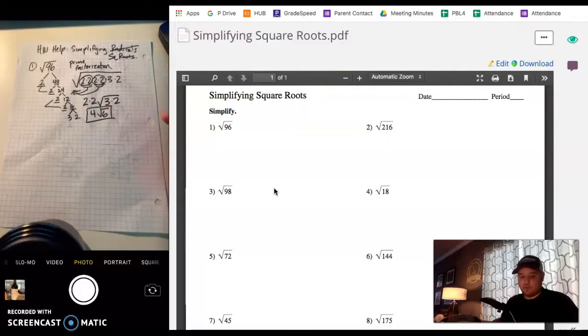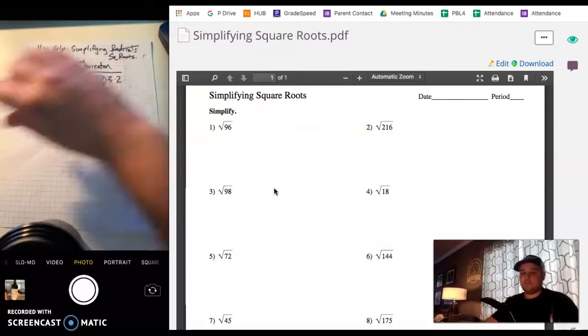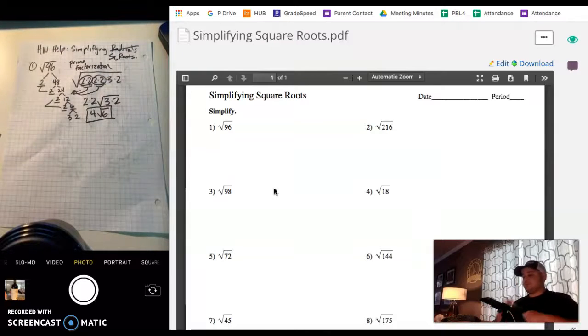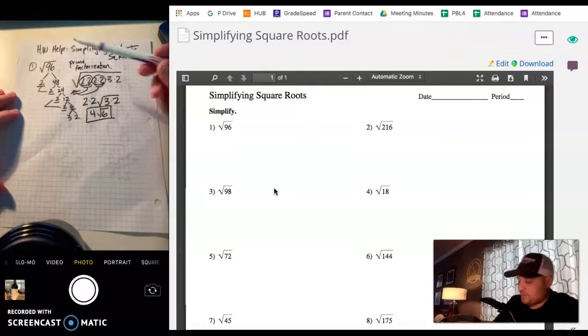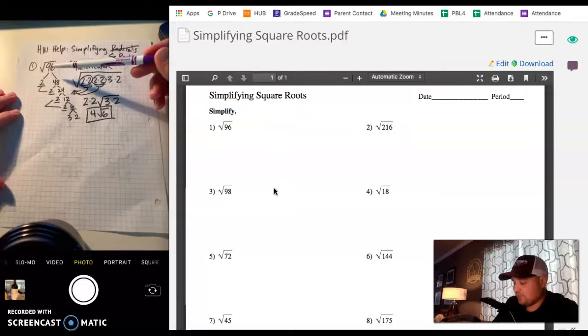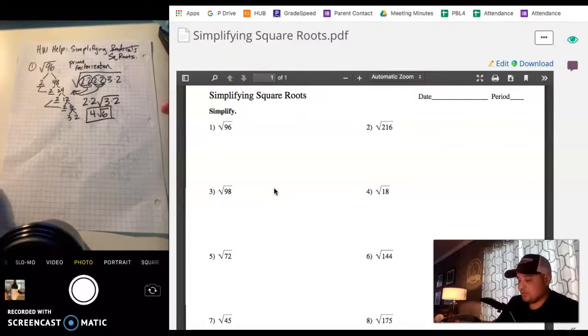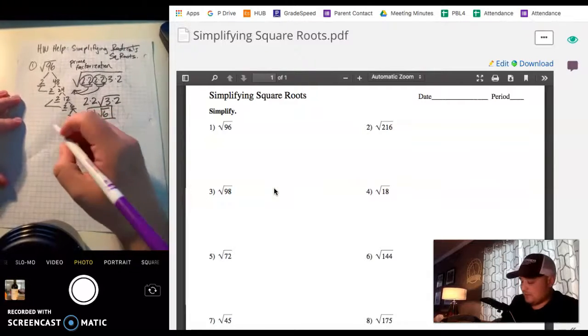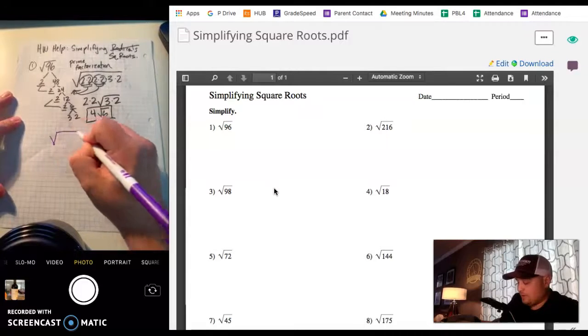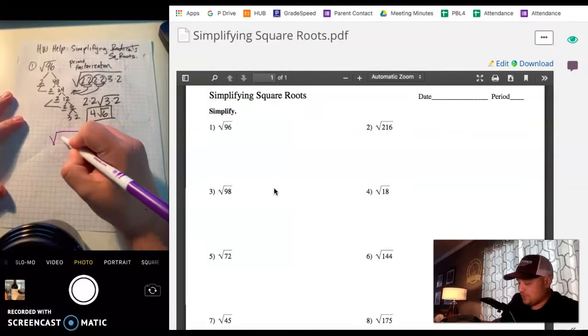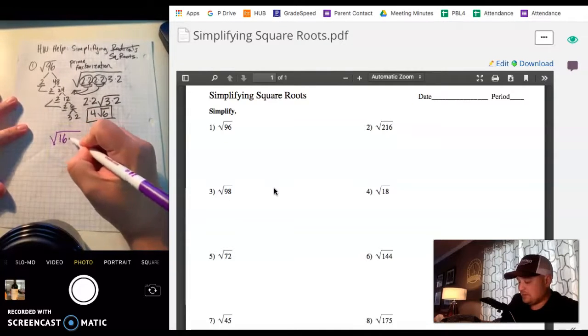Now, there is a shorter way to do that one, and hopefully you guys will start to look for these patterns. But if not, that's okay. There's a bunch of other ways to get there. So one way is to, instead of breaking it down by 2, 2, 2, 2, 2, and taking the long way to get there, you can take out bigger chunks, right? So you could have said like 96, I happen to know, because I've worked with these numbers so much, that 96 is 16 times